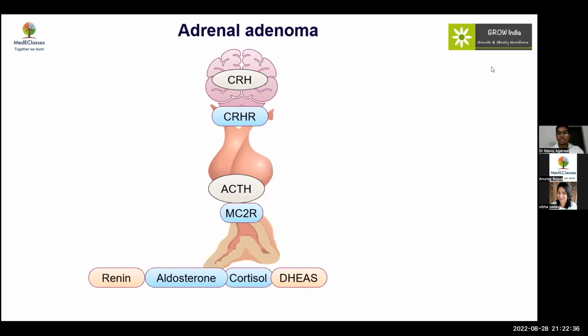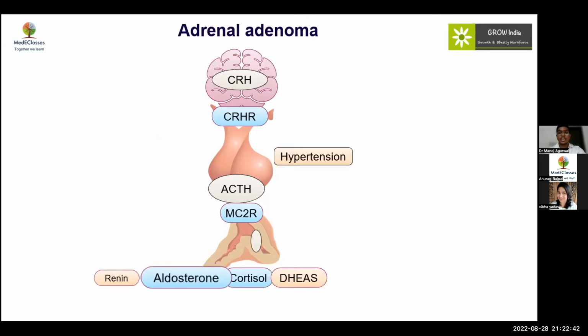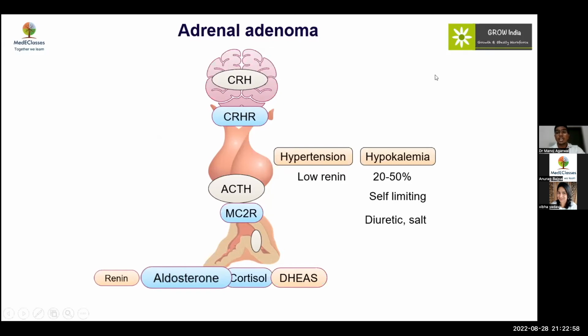So there will be excessive aldosterone production. The patient may present mainly with hypertension, and hypokalemia is very uncommon. Only 20 to 50% of patients present with hypokalemia. But if this patient has been treated with diuretics, then hypokalemia will be the most common presentation, and aldosterone receptors